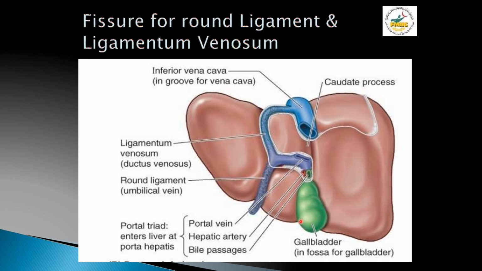This is the gallbladder, and this is the space called the cystic notch. This is the inferior border of the liver, and this notch or depression occupied by the gallbladder is called the cystic notch of the liver. And this is the round ligament, and the space in the inferior border occupied by the round ligament is called the interlobar notch.